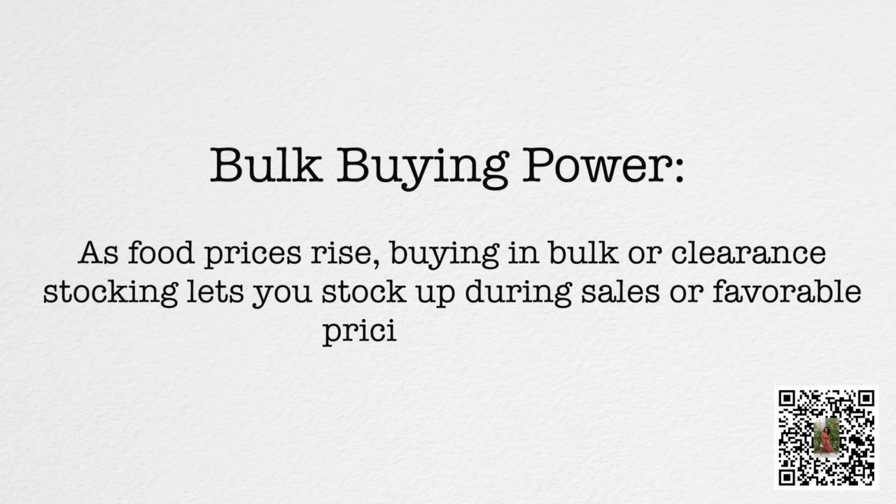And so a freeze dryer can be a prudent investment when considering food prices rise. Buying in bulk or clearance stocking like I do to preserve it through freeze drying lets you stock up during sales or favorable pricing periods. And that safeguards your budget in the moment, like this week as you're shopping and you're finding something that is on sale or marked down like I showed you, and also in the long term